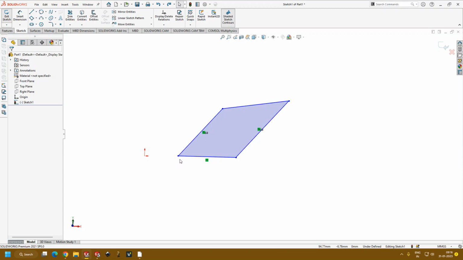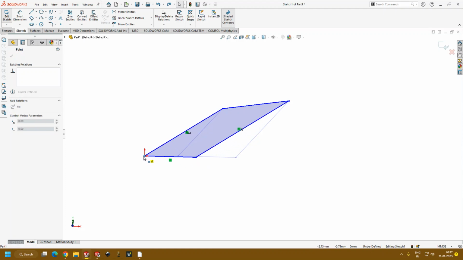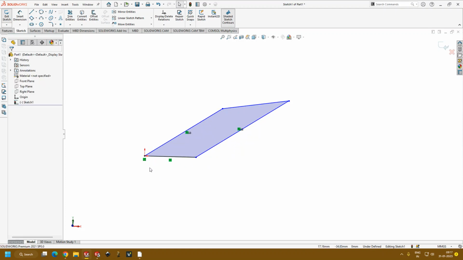Yeah, one is that. Let's say if I want to fix or start from the origin, I can drag any of the points and just attach it to this. Okay. So once I have done this, I can see that one line has become black. It means that, okay, we have just started our constraining process. And then